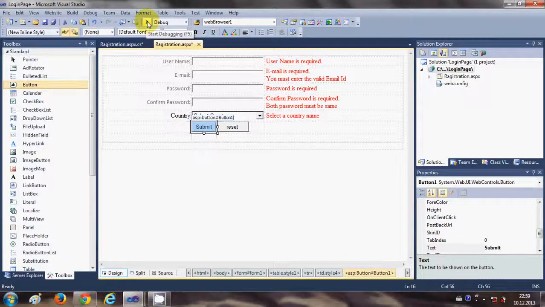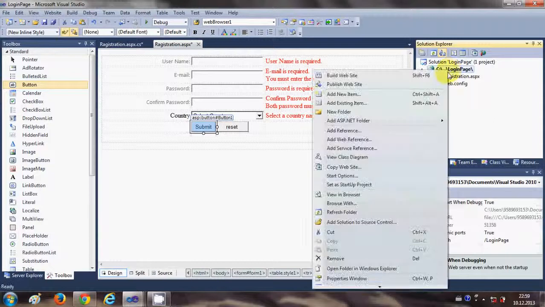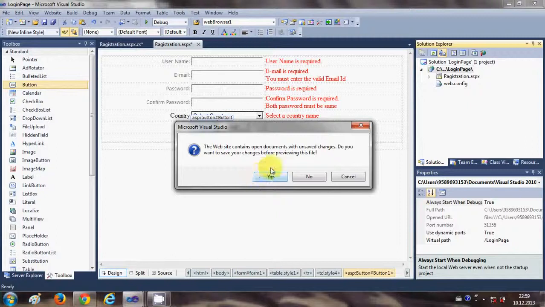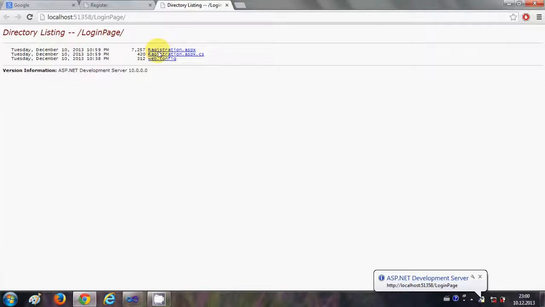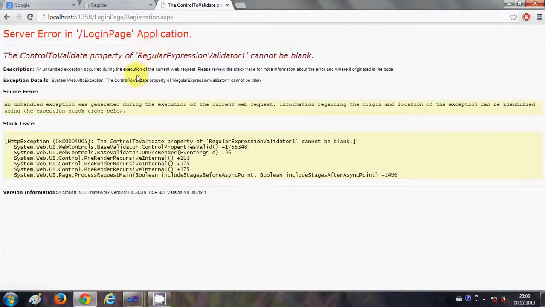So just choose this start debugging. You can run your program like this also, just click this button, or the second option is just right click your project and say view in browser, and it will show a message. So you say yes, and you can see whatever forms you have here, registration.aspx, and it will open your registration.aspx, and it's showing some